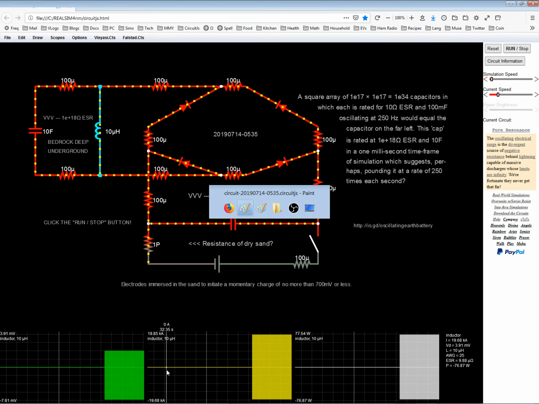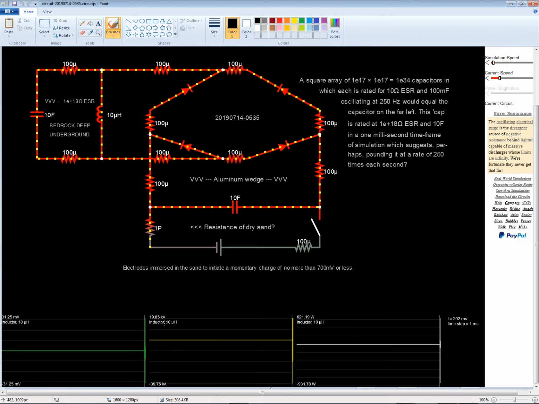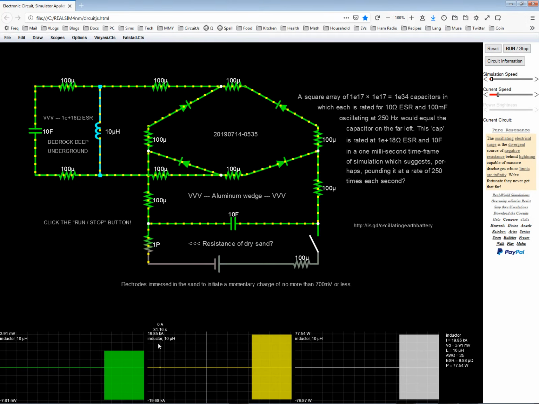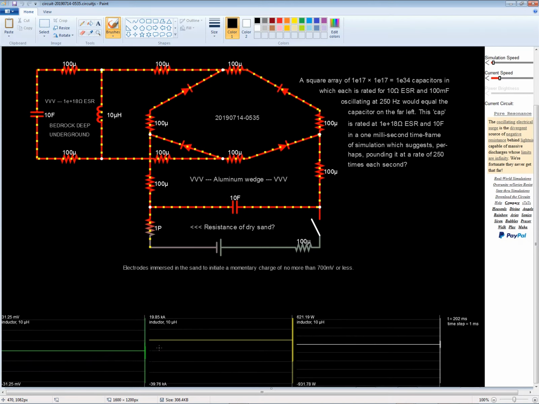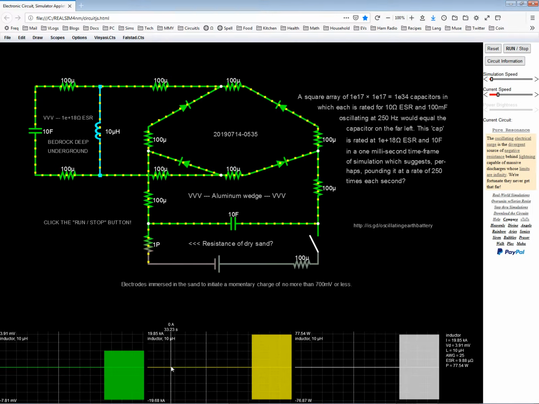And then the amperage, it was always 1985 positive kiloamps and it's still that. But it used to be negative 39.76 kiloamps, and now it's negative 19.68. So it's coming more into balance in the amperage area, but the voltage has gone more out of balance, but